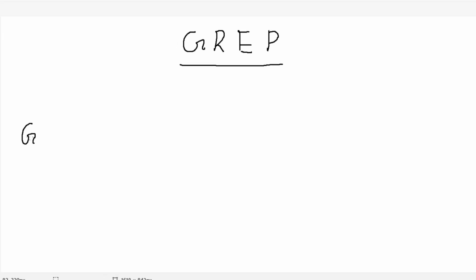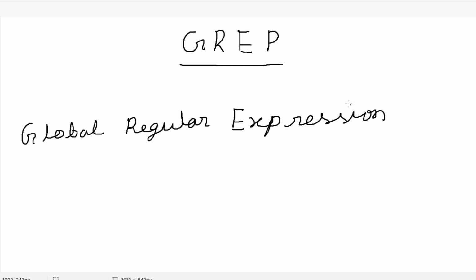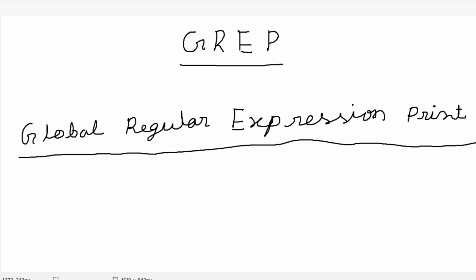Welcome back. The next topic that we are going to talk about is grep. The grep command filters the content of a file, which makes our search very easy. We can use the grep command either with the help of a pipe symbol or without the help of a pipe symbol. For example,